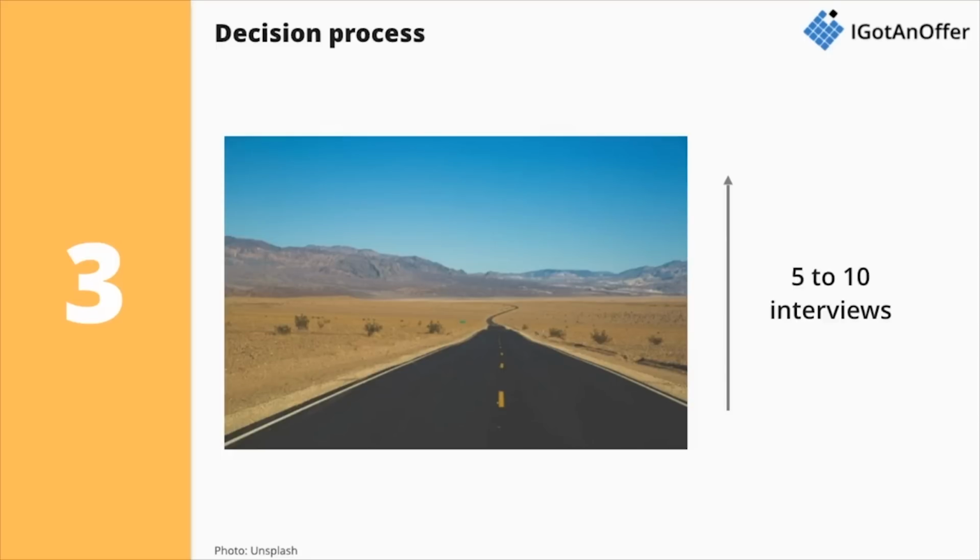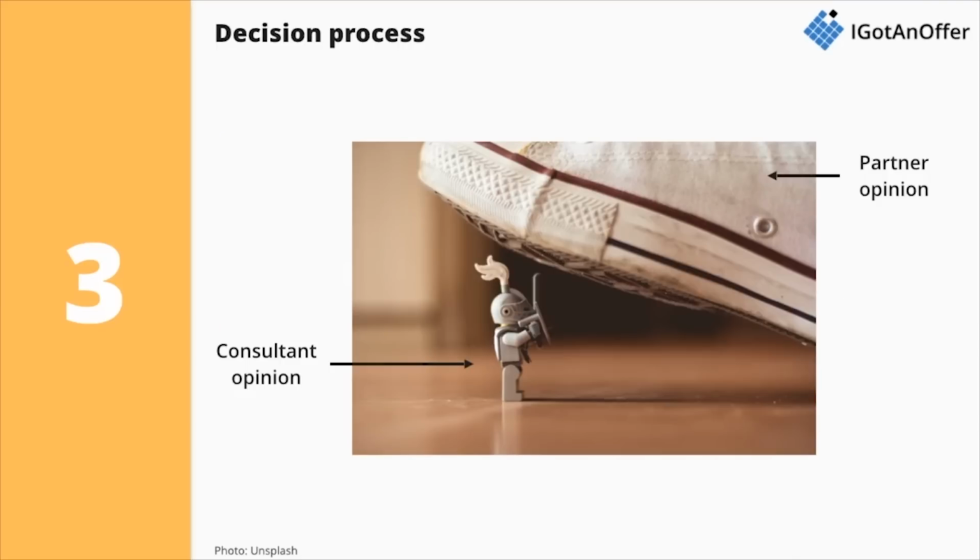So the candidates who prepare with us often ask if the second round of interviews is different to the first one. The answer is it's not in terms of format, but the people interviewing you will be different. Now, first-round interviewers are typically junior or senior managers with around 3 to 5 years of experience, but the second round of interviewers are usually partners of the firm and therefore much more senior. At the end of the process, all the interviewers get into a room and make a decision about your application. Now, partners are typically more outspoken than managers, and therefore your performance in the second round will end up being more important than in the first.